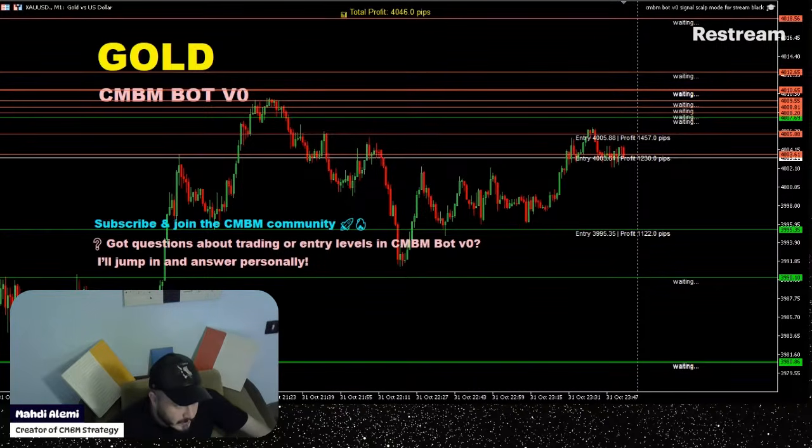Since we haven't fully revealed the CMBM strategy yet, you need to rely on another strategy for both entry confirmation and exit planning. For entry confirmation, you can use signals such as candlestick confirmation, volume spike, price action patterns, order blocks, indicators, or any other confirmation that fits your personal strategy. For exit, you can either follow your own trading strategy to find the best exit point or simply set a fixed take profit and a stop loss.